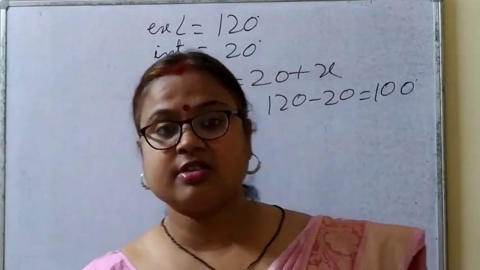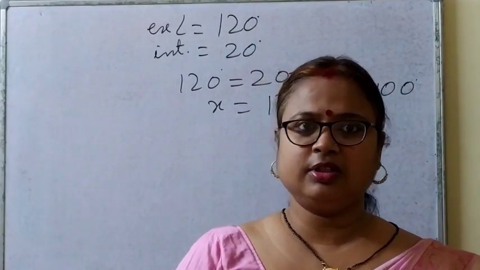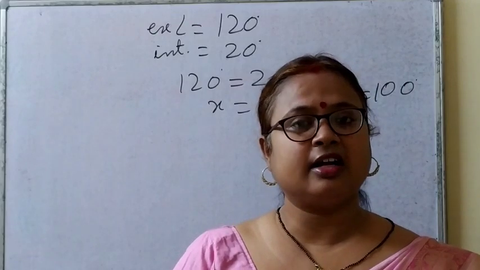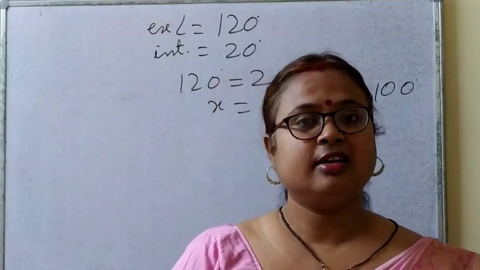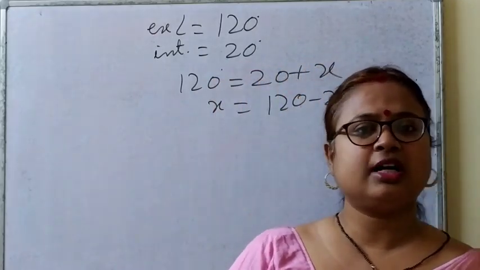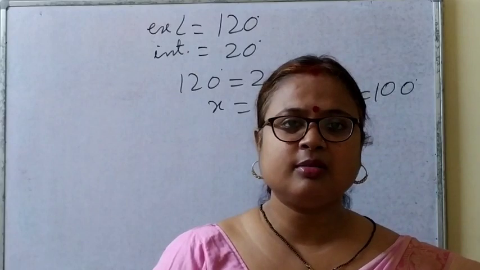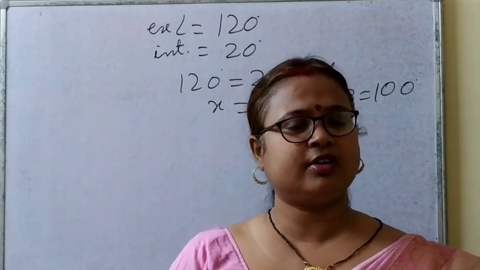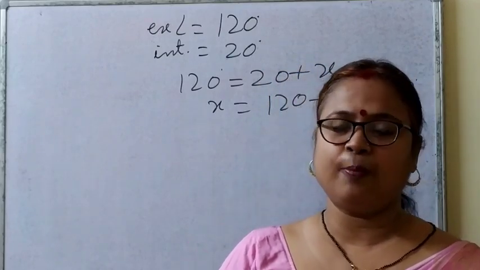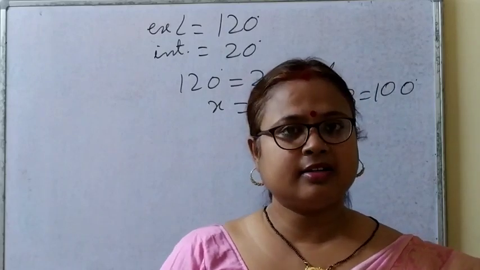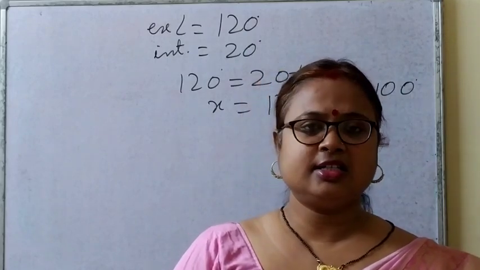Now, if the question is about an acute angle triangle, what is an acute angle triangle? You know the definition. An acute angle triangle is a triangle in which each angle is less than 90 degrees. Now what is an obtuse angle triangle? If the value of one angle of a triangle is more than 90 degrees, then the triangle is said to be an obtuse angle triangle. Right angle triangle: if the value of one angle of a triangle is 90 degrees, then the triangle is said to be a right angle triangle.